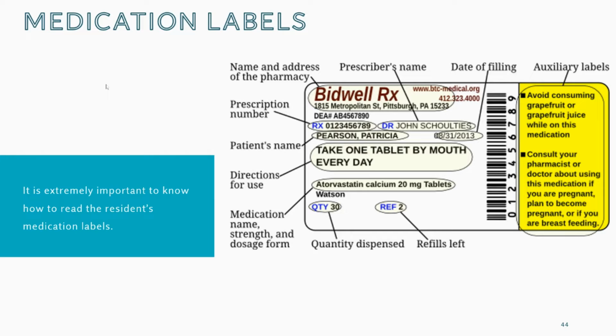So on the medication communication, you can write on there the prescription number, the patient's name, the patient's date of birth, the order or directions, the medication's name, strength, dosage, and form, quantities, refills, and auxiliary labels. So auxiliary labels are side effect labels. These are very important for you to be aware of when you're handing out a medication,